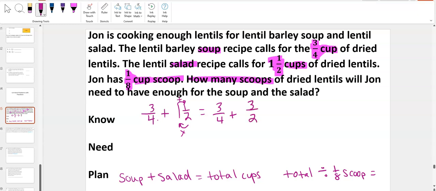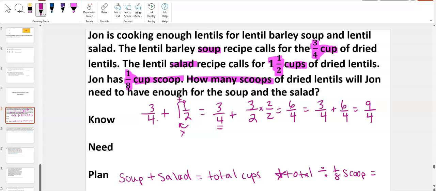The common denominator I want is going to be 4. That's my LCM of 4 and 2. So we're going to take the 3/2 and multiply that by 2 over 2 to make 6/4. So my new problem is 3/4 plus 6/4. And that turns into 9/4. Now I'm going to keep it improper because remember, we have something else we have to do. If I turn this into a mixed number or I start trying to simplify it, I'm just going to have to turn it back into an improper fraction for when I do my second step right here,